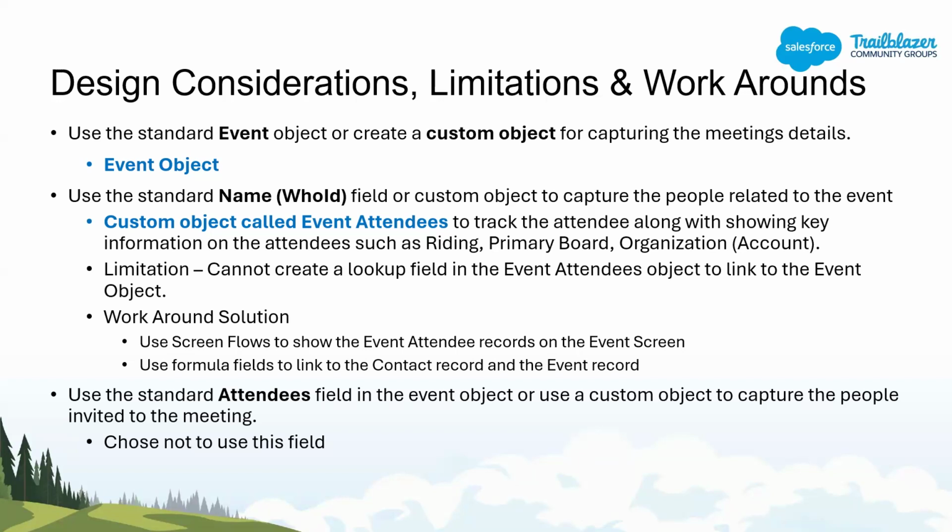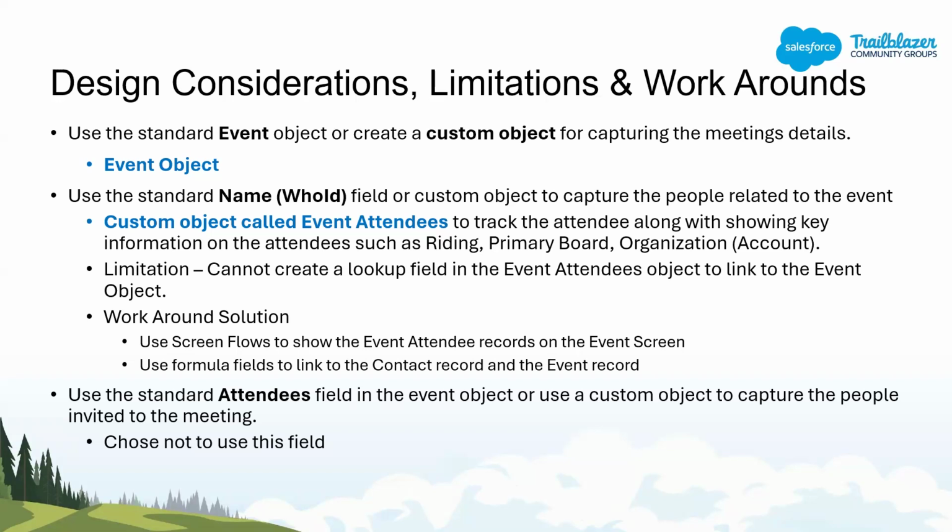So, design considerations, limitations, and workarounds. I could choose to use the standard event object, or I could have created a custom object for capturing the meeting details. In this particular case, I decided to use the standard event object and try to work around the limitations. Some of the limitations I ran into were: should I be using the name field, which is the Who ID field, or should I create a custom object to capture the people relating to